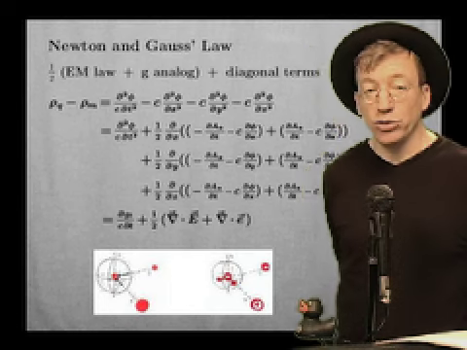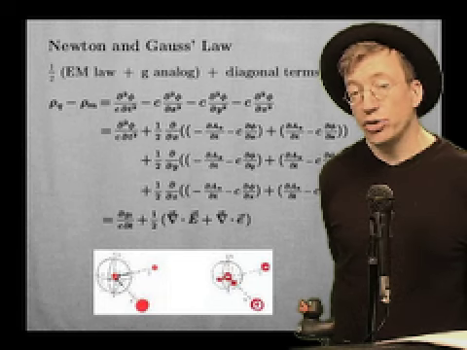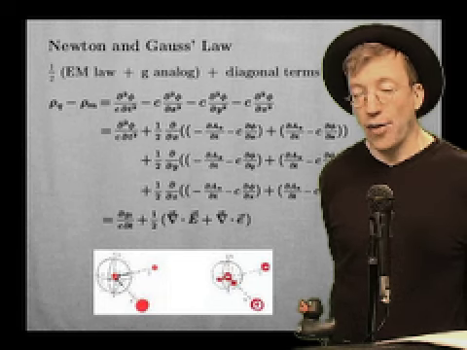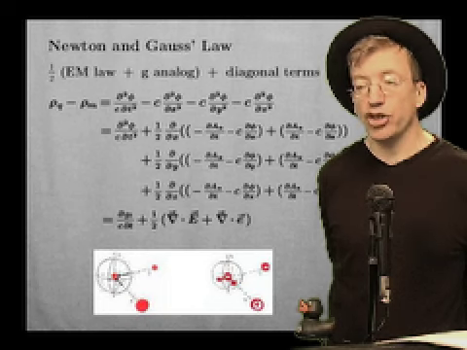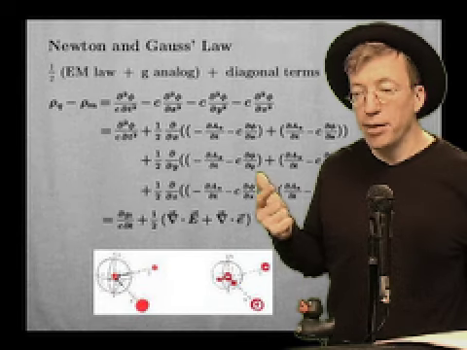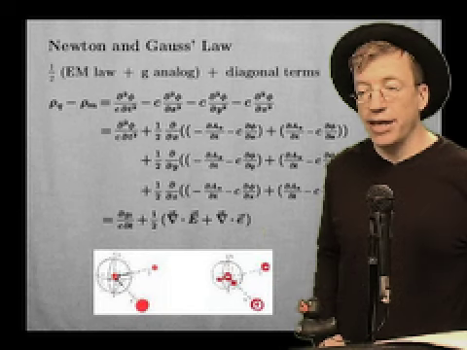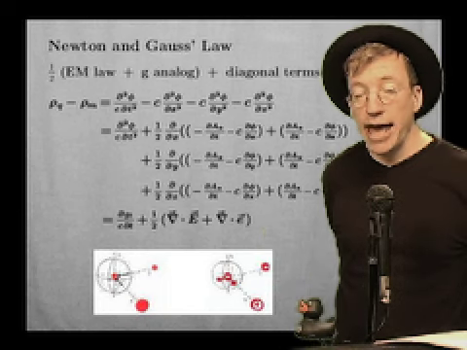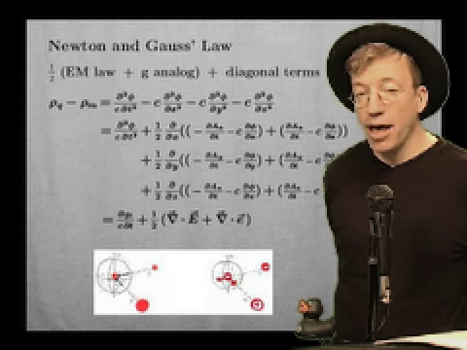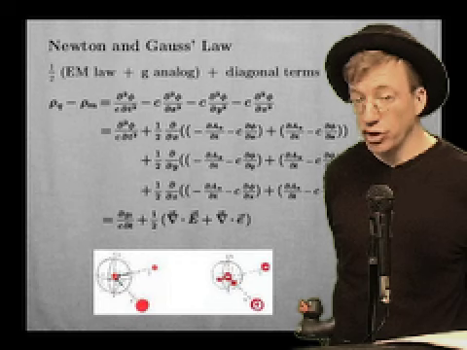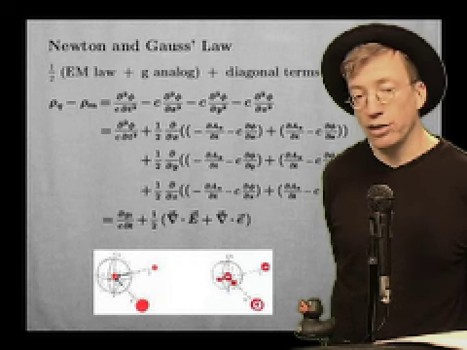There is Gauss's law for electromagnetism, and we can use that law to actually figure out how to write the field equation in terms of E, B, and G. And the method is to take your EM law, add in analog terms, and add in a term that would be along the diagonal.